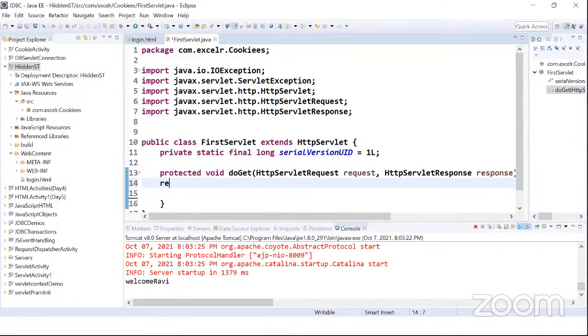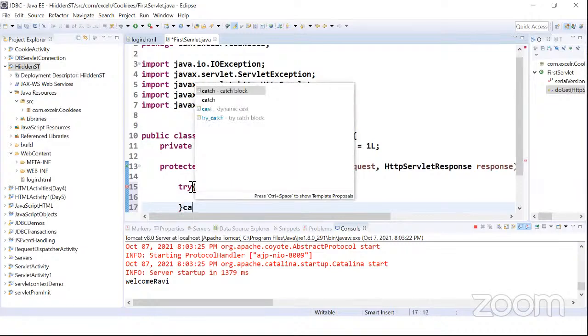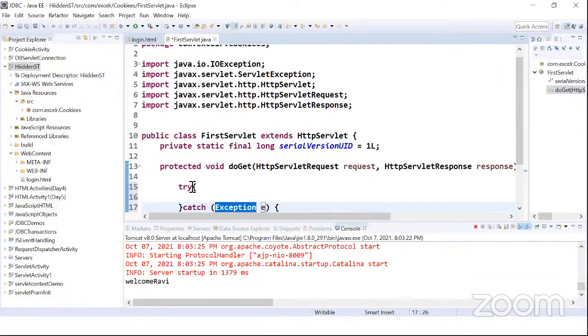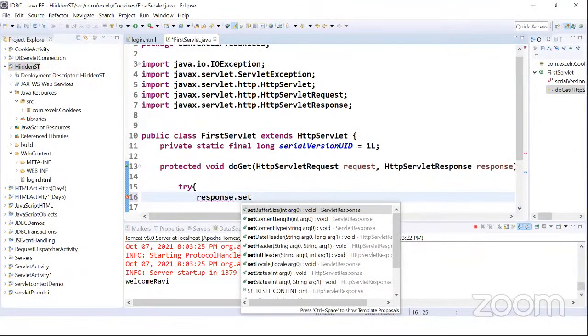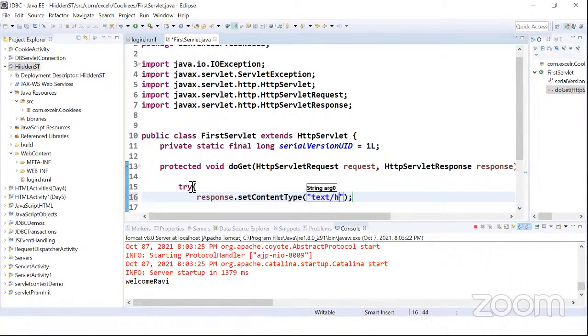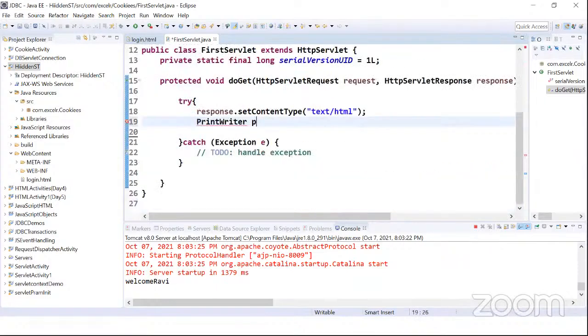Okay, so here again, as usual, let's take a try block. Inside this try block, let's pass a catch block as well. In this catch block, it is Exception, and then response dot set content type. The content type will be text slash HTML